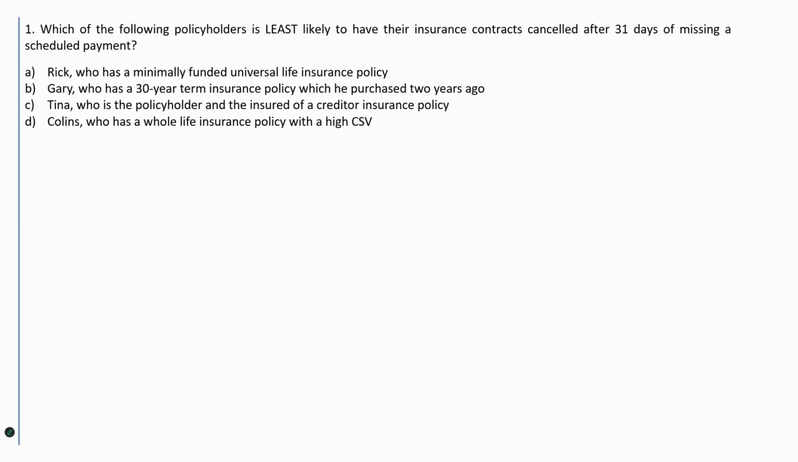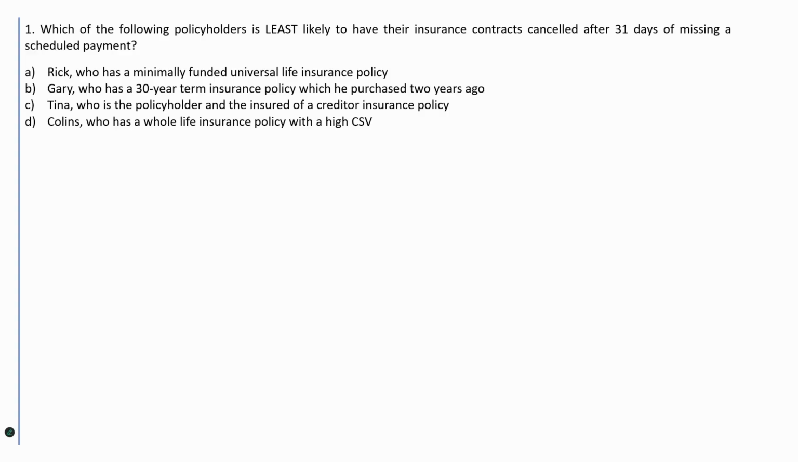Let's look at a couple of questions so we can understand everything better. Honestly speaking, maybe this question is not exactly relevant to the whole life policy, but let's look into it. So, which of the following policyholders is least likely to have their insurance contracts canceled after 31 days of missing a scheduled payment? Is it Rick, who has a minimally funded universal life policy? A universal life policy, we're going to learn about right now. It is kind of like a whole life policy, so it has cash value in it, but it's saying that it's minimally funded. So, there might not be that much cash value that they can use